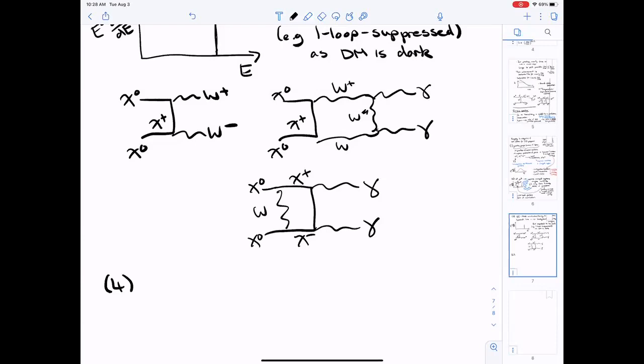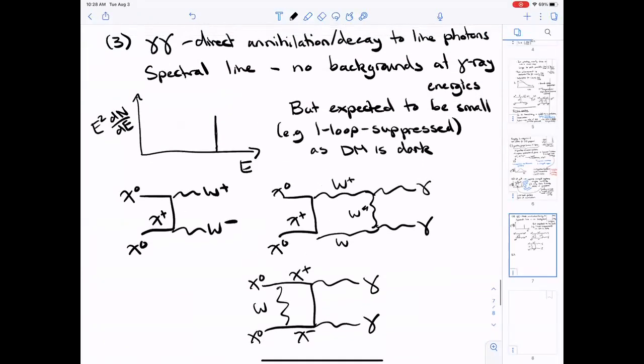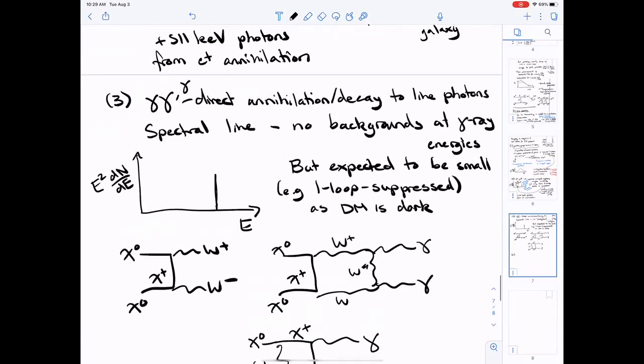Yeah, question? Is this different from channels with only one photon in the final state? Great question. So I wrote gamma gamma here, but if it was gamma and some other particle, which each took away half the DM energy, then again you would get this kind of line signal. That's a great point. Let's put a gamma X there. So this could be a gamma and a neutrino, for example. Sterile neutrinos often decay like that, and it has all the advantages of the gamma line signal.